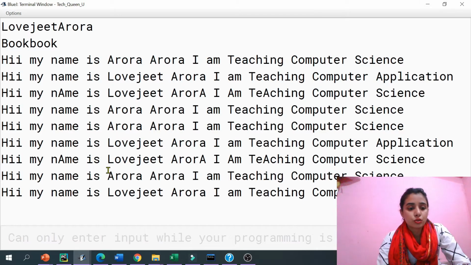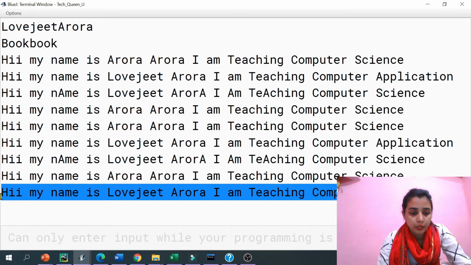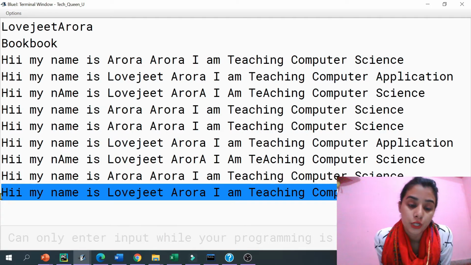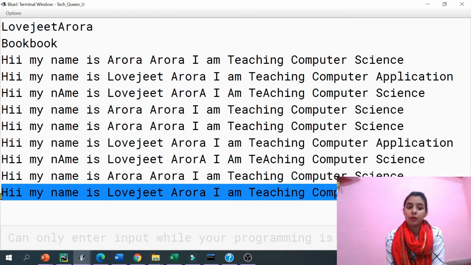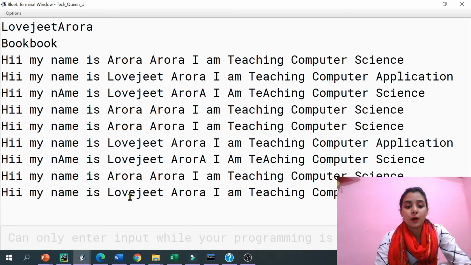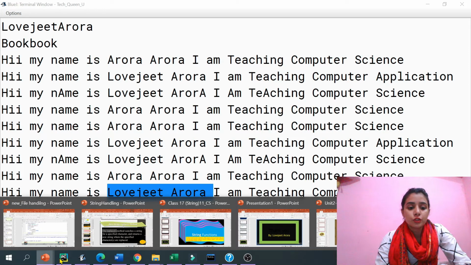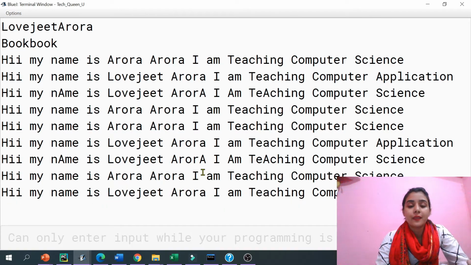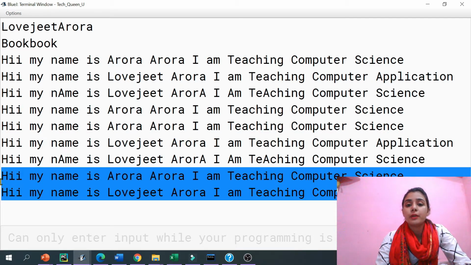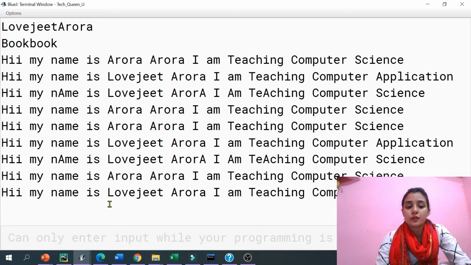Okay. So see guys, what we are finding there, actually we are finding the same list only. Why? Because our string is immutable. The change is not possible there. So that's why we found here that our old string only, because our string is immutable. That change was temporary only, not in the original string. If we try to do it in the original string, that change will not be possible, because our string is immutable.